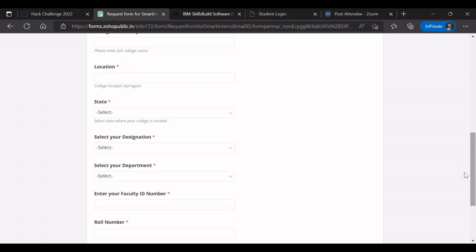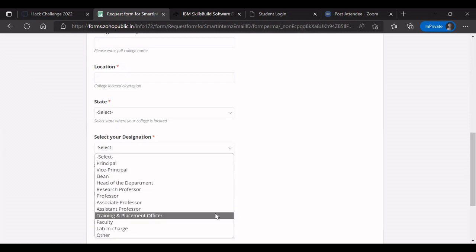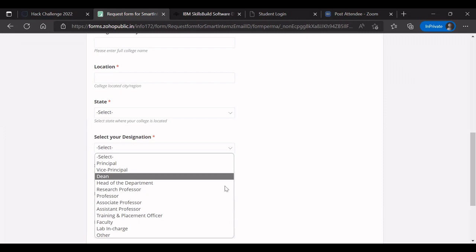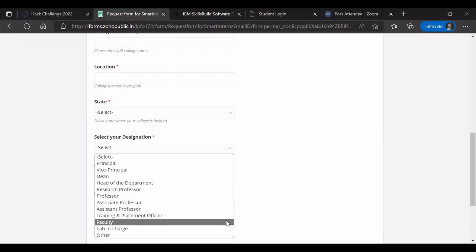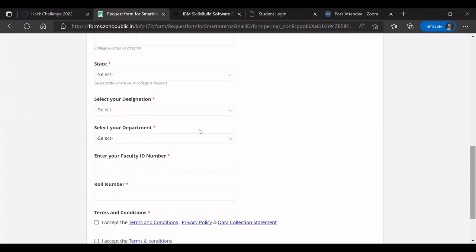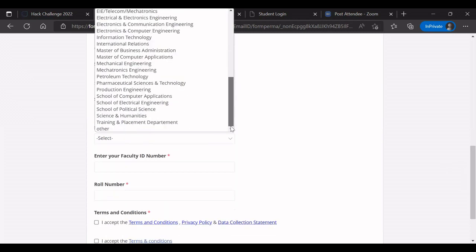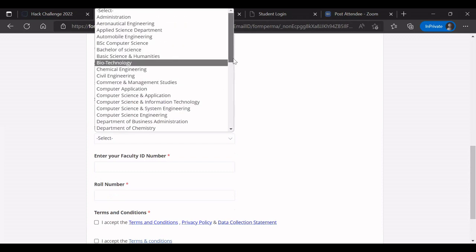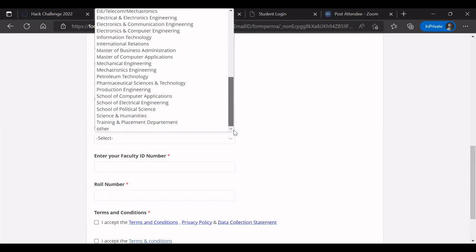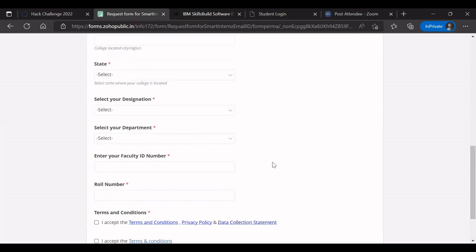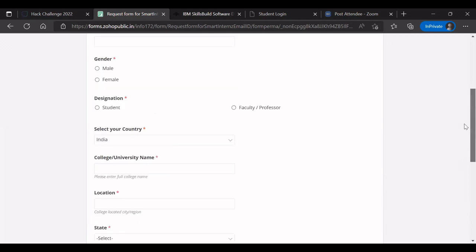We have given hints to fill the fields downwards. Check every hint before you fill the form. Select your designation, select your department. Designation can be principal, vice principal, dean, professor, faculty, training and placement officer. Because we have not mentioned student here, you can select other if you are a student. Then you have to select the department. Here you have the option to select the department. If your department is not mentioned here, you can select other. The page is also asking you to mention